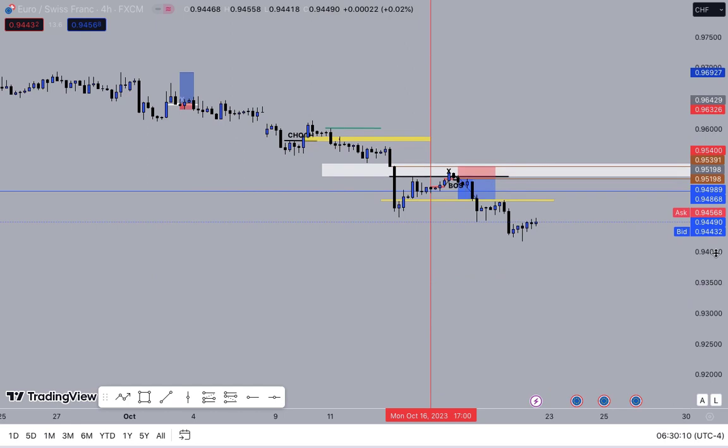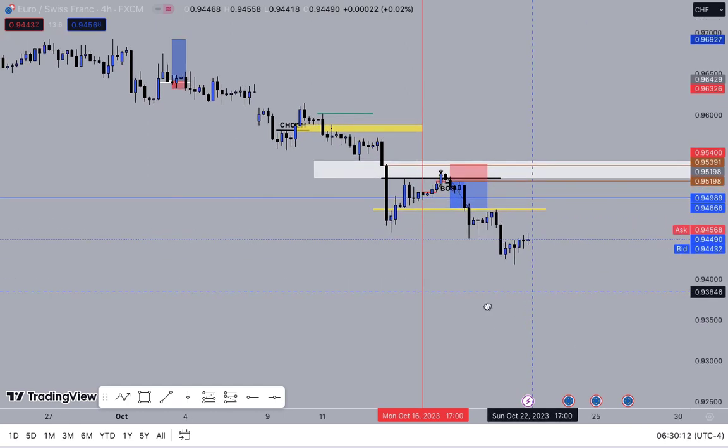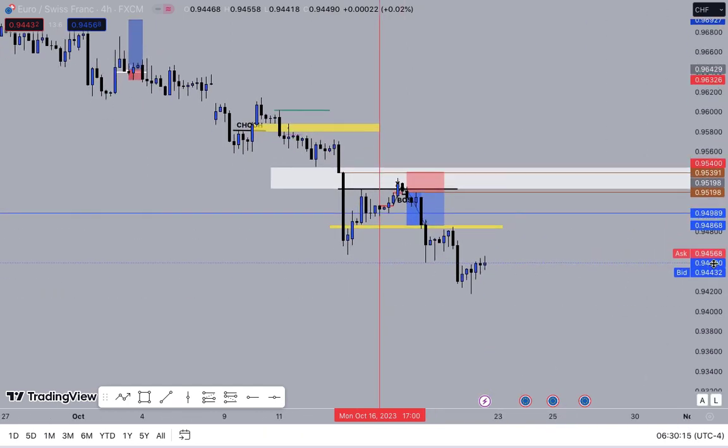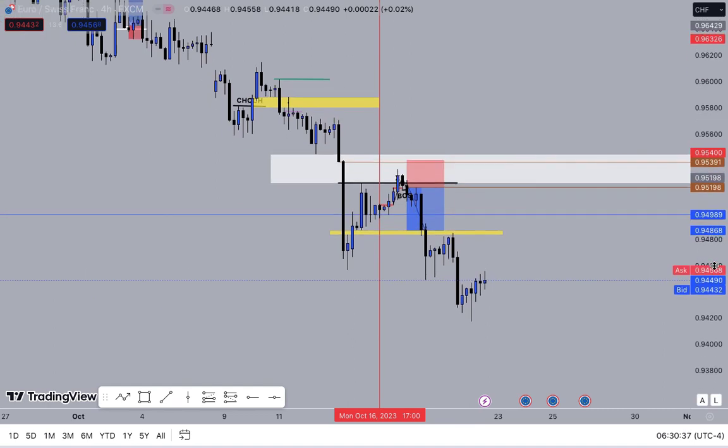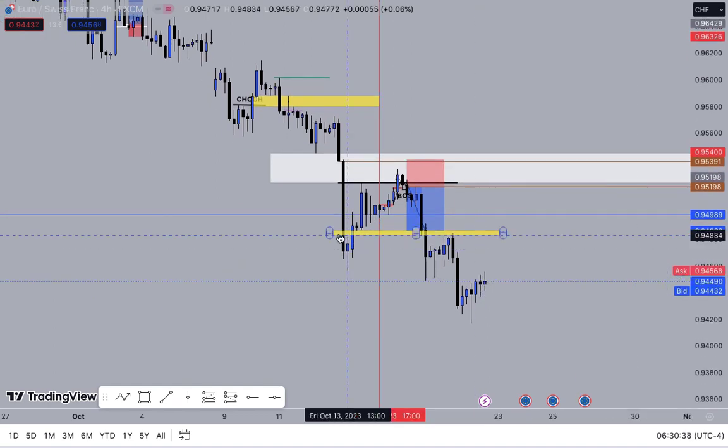Okay, this is the 4-hour. And remember what I said about highs in the fair value gap. It has to form on the 4-hour since I got my fair value gap on the daily. If it doesn't form on the 4-hour, I'm no longer looking at the fair value gap. I just turn my attention to something else. So when I saw this high formed on the 4-hour, now why I marked out this fair value gap here was